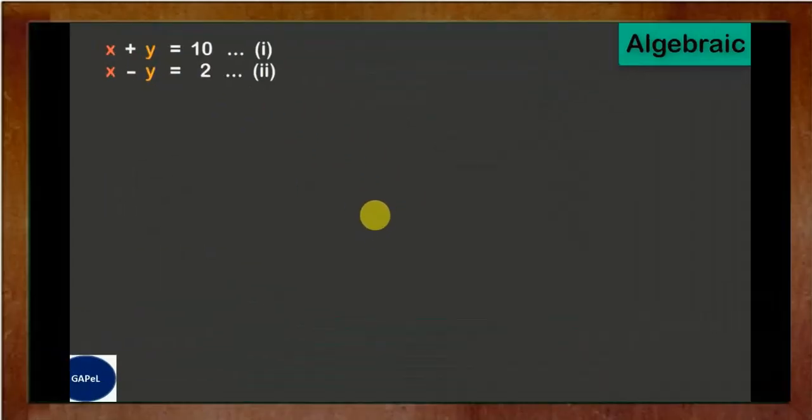So students, let us try to find the answer using now algebraic method. So how did we find the answer by the hit and trial method? Apple we got 6 and orange we got 4. That is x equal to 6 and y equal to 4. Now in this method, using this method, we will also try to find the same answer.